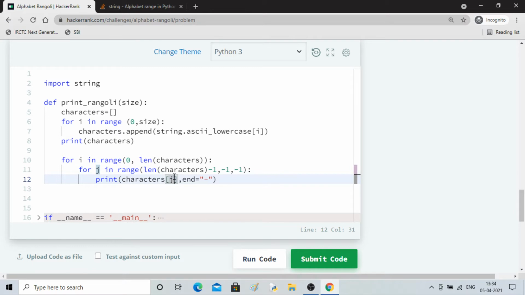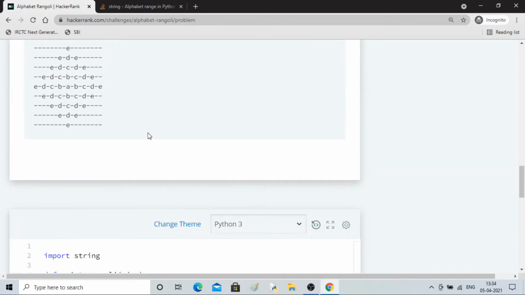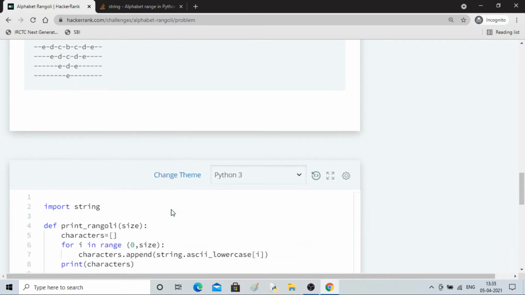So if I go plus 1, I have to remove 1, right? So e minus i, why is it not working? Okay. So DBC, okay, it has to start from E only all the time.